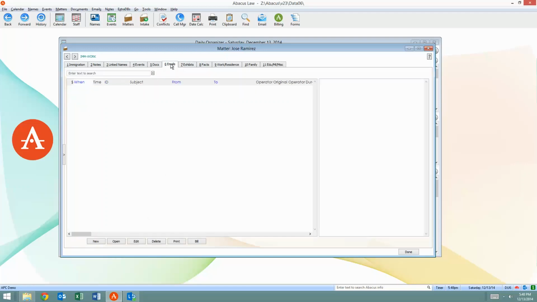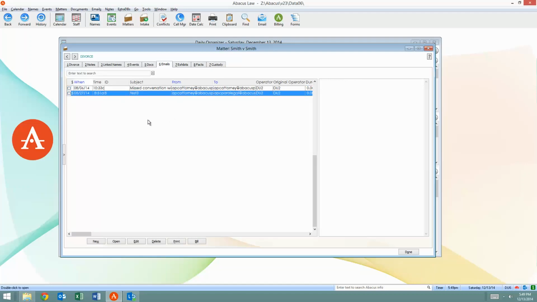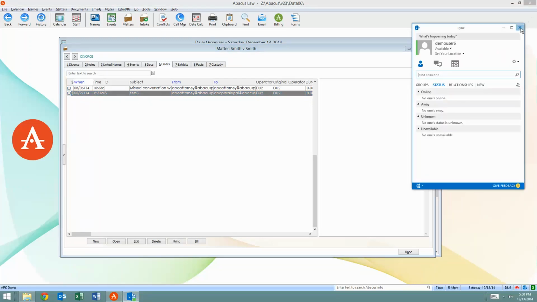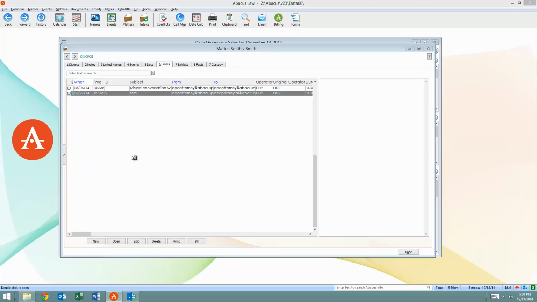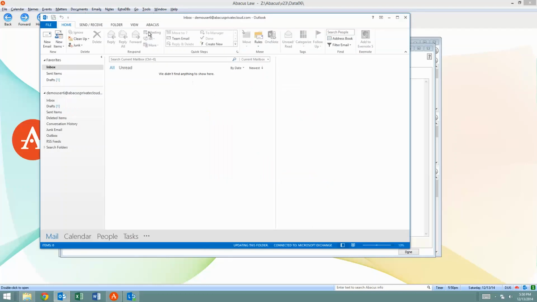And then the last tab that I was going to highlight was going to be about emails. So we also have a tab specifically for emails that you would be able to associate to the client case file as well. And how that works is through a little widget that we would install in your Microsoft Outlook. Let's open up Microsoft Outlook here. What would happen is each user that has Microsoft Outlook installed along with Abacus installed on their computer,